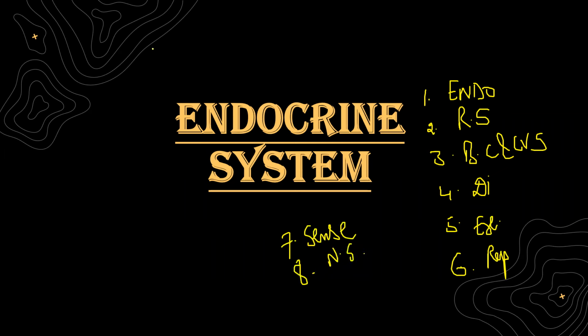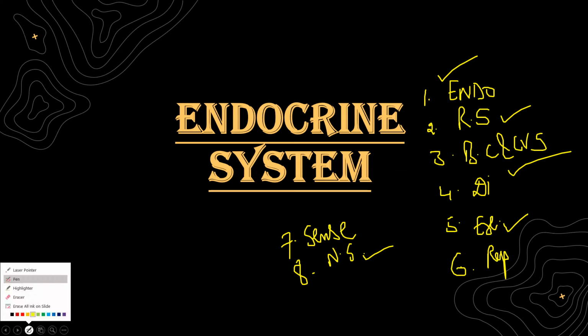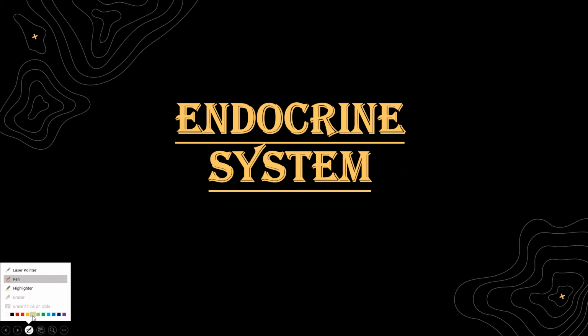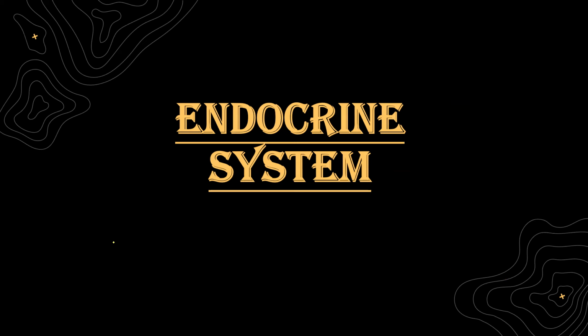But among all, which systems are more important? Endocrine, respiratory, blood circulation and cardiovascular, excretory system, nervous system. These 5 systems are the most important systems where we can expect a larger number of questions. So that's why it is very important. Every one of you has to study from the very, very basic to the very advanced level, so that however they may ask the question, we should be in a position to answer all of them very